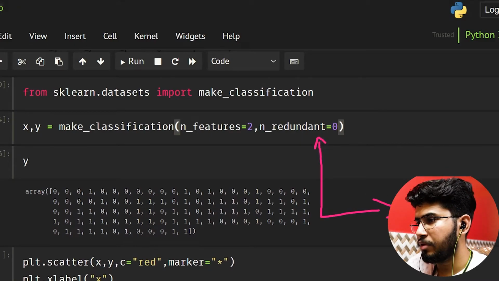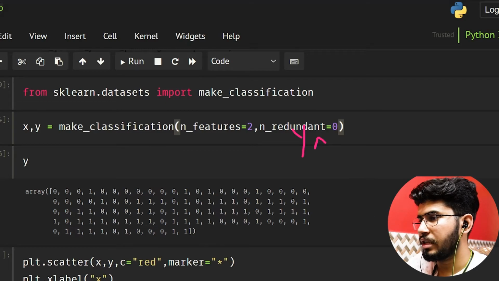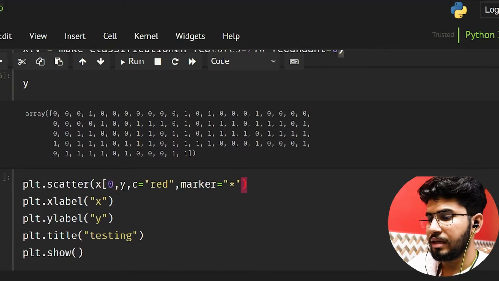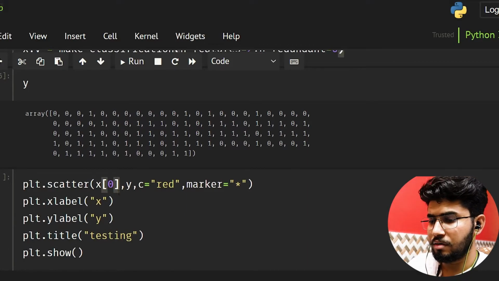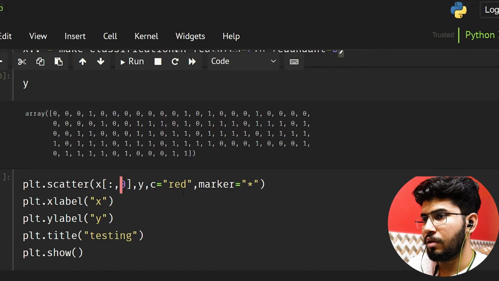So I am using x0 and y here. We cannot use x0 and x1 at the same time in a 2D plot with y, because that will be 3D. So I'm going to take the 0th index of x. I need all the rows from the 0th column.